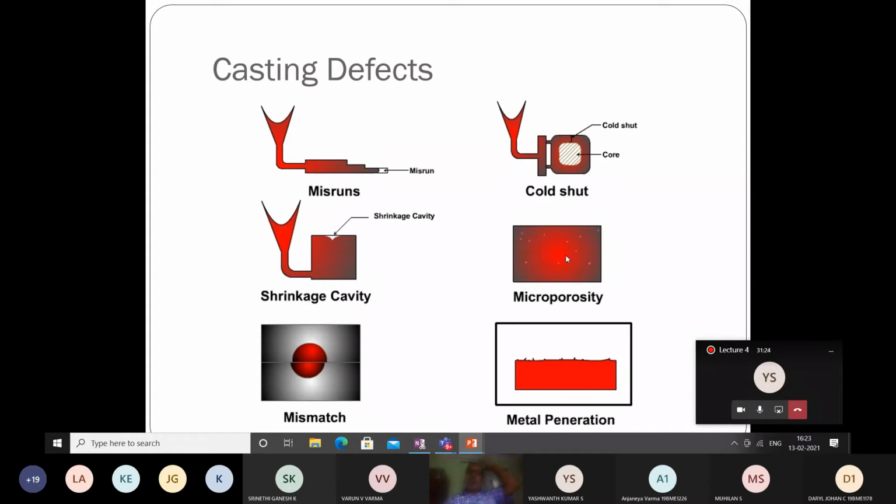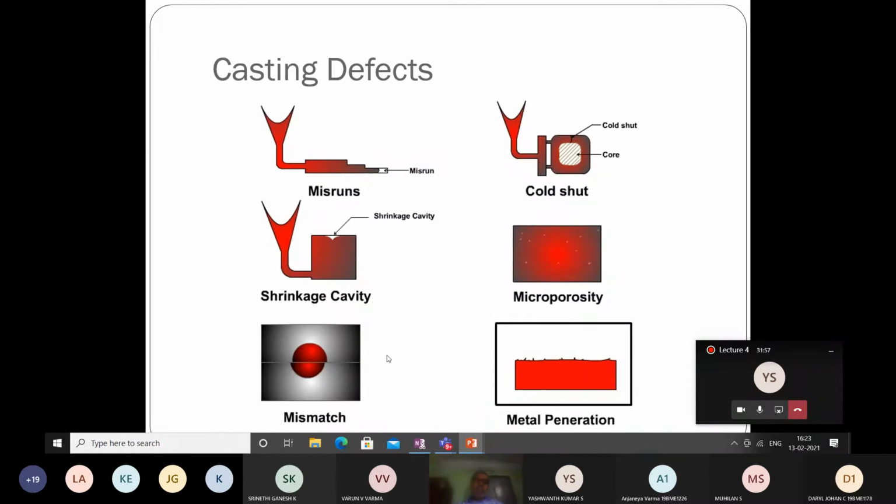Microporosity is due to gases. Whenever there is molten metal, hot gases will be formed. If the gases do not come out during the pouring procedure, they will form porosity, which is undesirable. Porosity will reduce the strength of the casting. The remedy is that vent holes should be given. If the ramming is too tight, the sand is too tight, then the air will not escape. Many vent holes should be given.